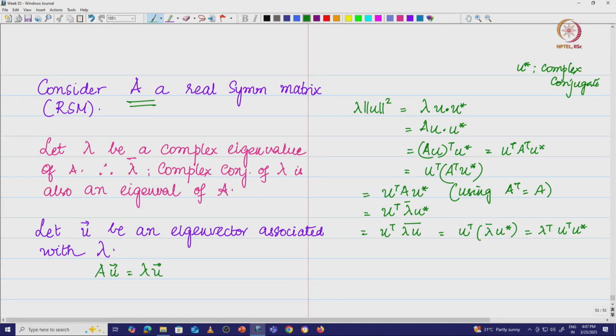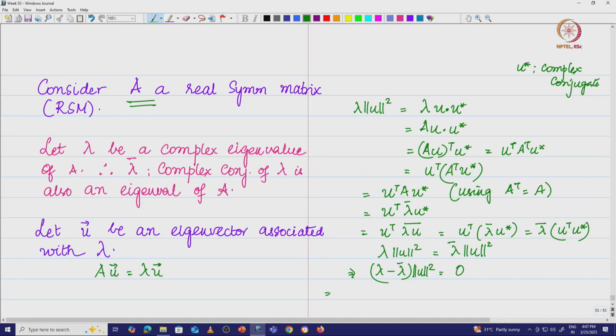Suppose U and U star are a complex conjugate pair, so I will take lambda conjugate here, lambda conjugate into U transpose U star. U transpose U star is nothing but the vector length of U. So, what do we have here? We have lambda squared length of U is the same as lambda bar into the squared length of U, which means I am going to have lambda minus lambda bar into this is going to be 0.